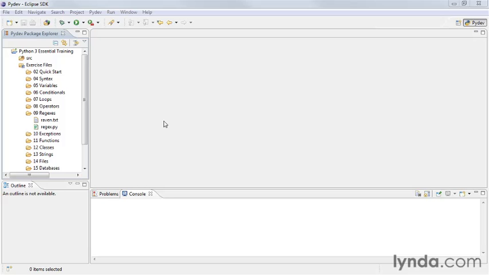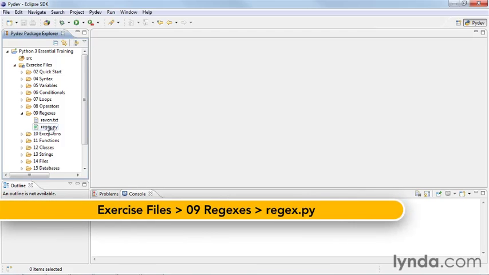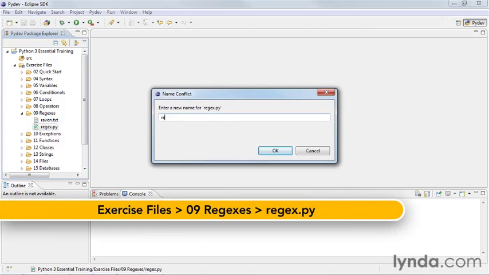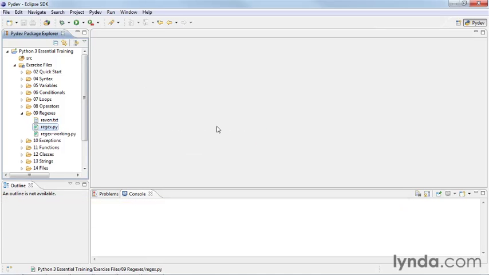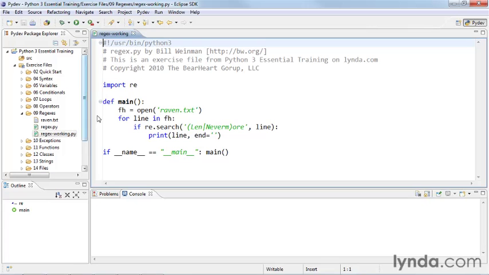Let's take a look at how we can do search and replace using regular expressions in Python. Start by making a working copy of regex.py. Call it regexworking.py. We'll open our working copy, and here we have our little script that searches for a particular pattern in a